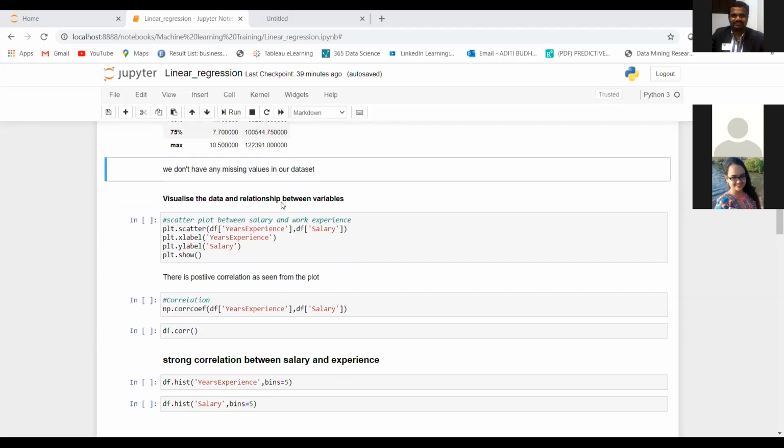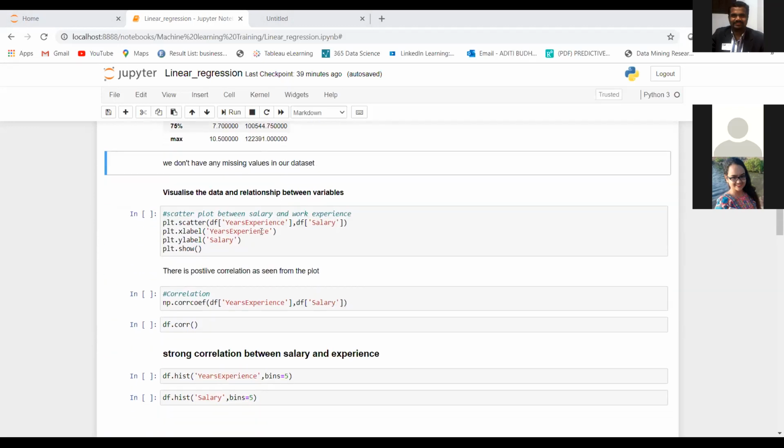So let's move forward now. Now we will visualize and try to understand the relationships between our two variables. I'm going to use a scatter plot to do that.